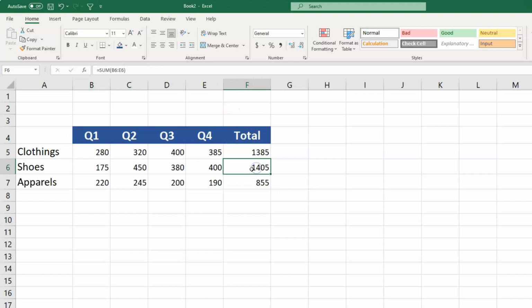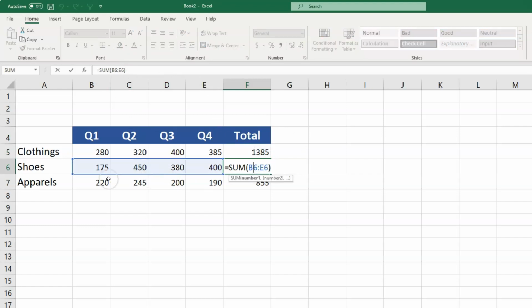Once it gets to the next row, it's going to drop down and use the values relative to this row. So instead of using B5 to E5, it's going to use B6 to E6, right? It's going to use the values relative to this row. And if we move to the next one, it's B7 to E7 because Excel is using what is called relative